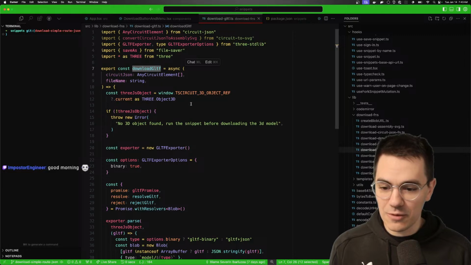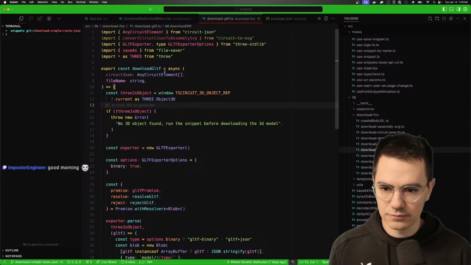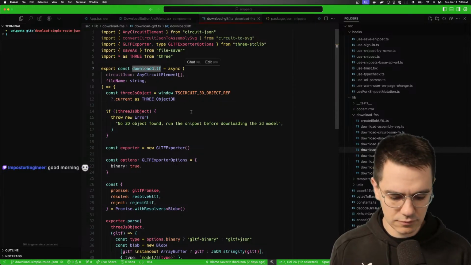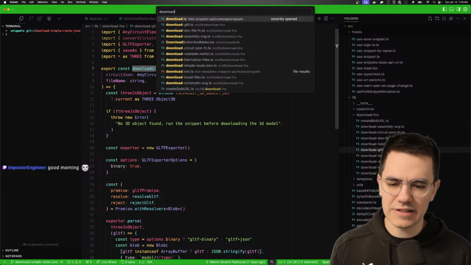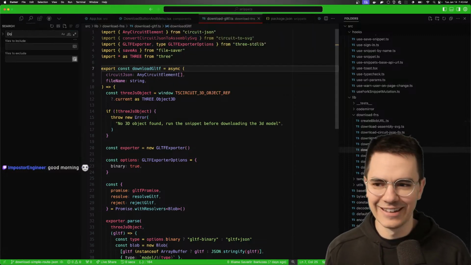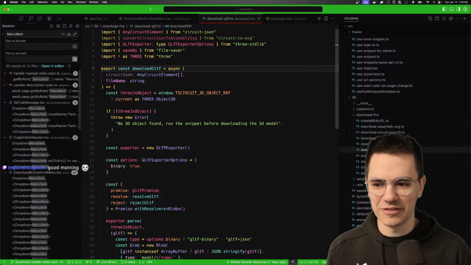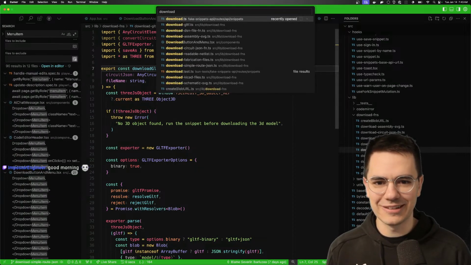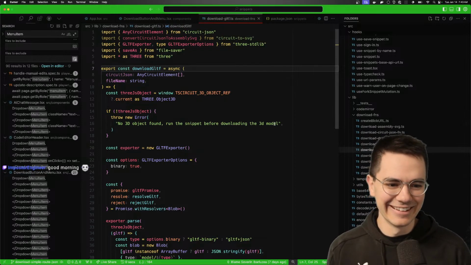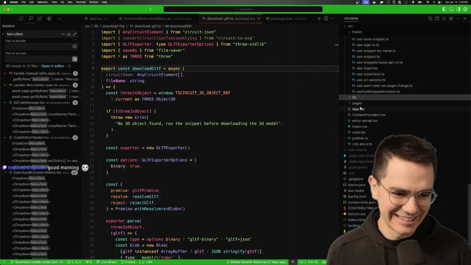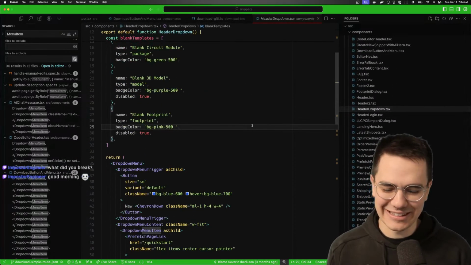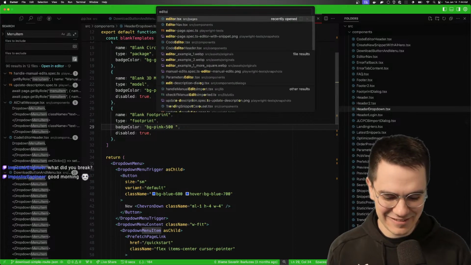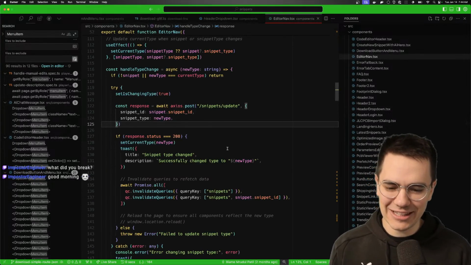But it's not working in prod. Download. I don't know. I'm trying to think of where the download menu might be. Oh, this project's too big. Oh no. Header dropdown? Maybe. No. Editor nav? What did you break? Apparently,